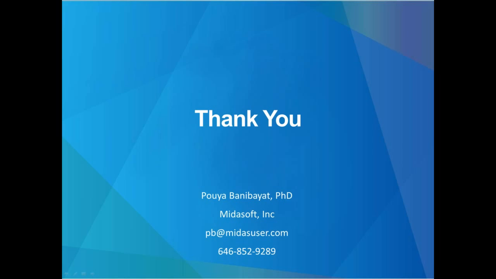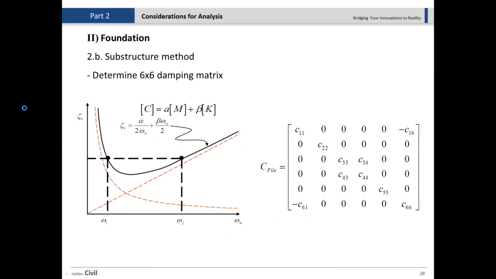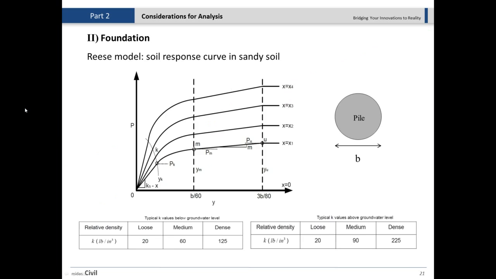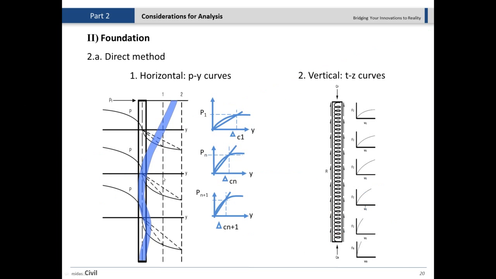They asked if we can assume a point of fixity for the pile with a displacement of 0 inches, and then ignore the springs. I didn't quite understand the question, but let me just show you what we have here. For example, here